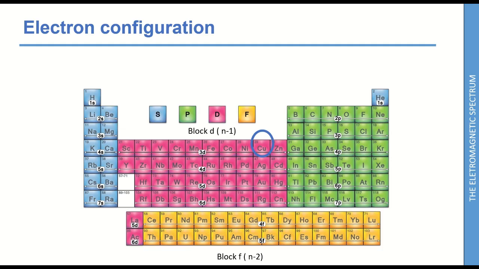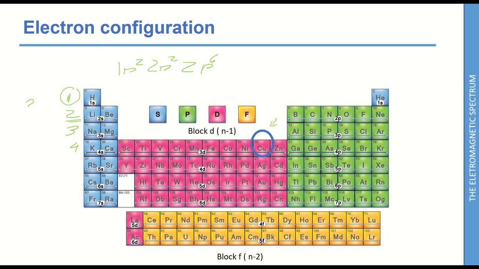Okay, so I have the first level over here, then the second level, third level, and 4. I know copper is in the 4. So let's count together. In the first level of energy, I only have block S. So it would be 1s, and I have 1, 2, so it would be 1s2. And then I go to row 2, we can call them streets, remember? In this street we have a block S, so 2s, and I have 2 houses over here. And they keep going in the same street. I have block P, and I have 1, 2, 3, 4, 5, 6 electrons in the block P,